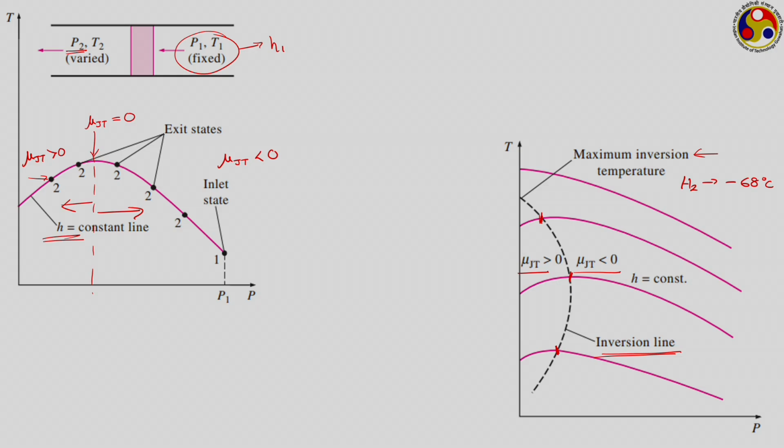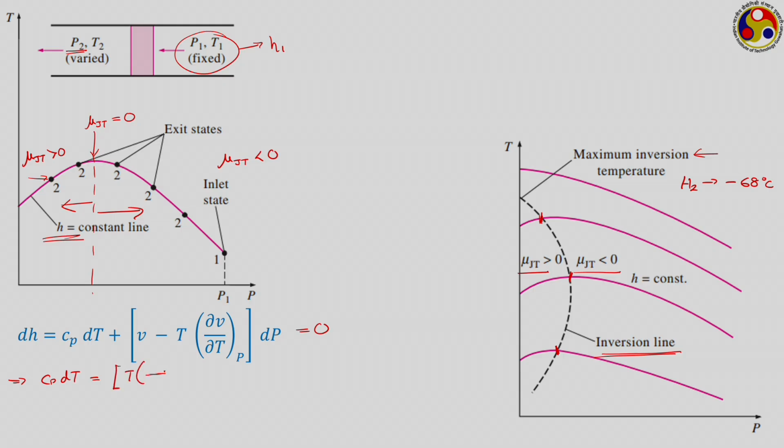Finally, let us try to get some kind of mathematical criteria for the Joule-Thomson coefficient. We know that we are talking about an isenthalpic process. Now, this was the relation that we have developed earlier for changes in enthalpy. Then during the throttling process, enthalpy remains constant, hence this is equal to 0. So, let us reorient this to take dP on one side and dT on another side. That means, we can write Cp dT to be equal to